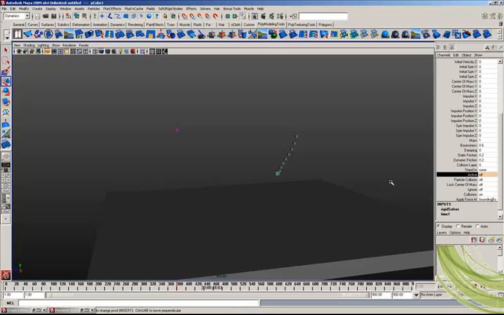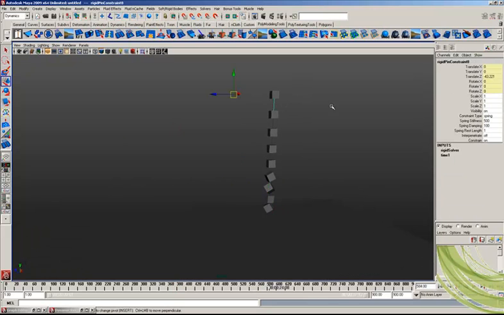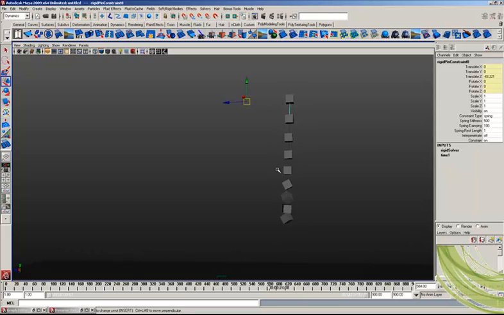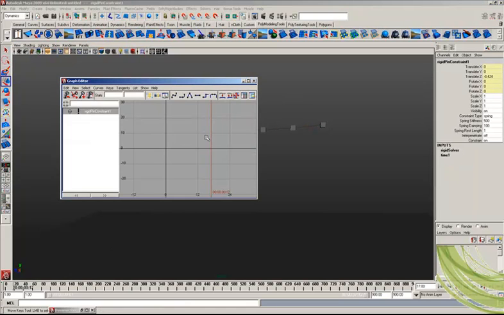Whoop! See how that stretched and contracted a little bit? That is because of the stiffness of these guys. So although it might work, if you don't do it correctly, then you might end up not getting the correct results, unless this was rubber, in which case that would probably be what we wanted. Now I'm going to open up the graph editor and change that